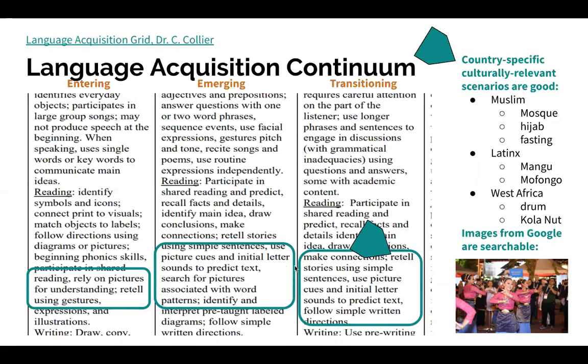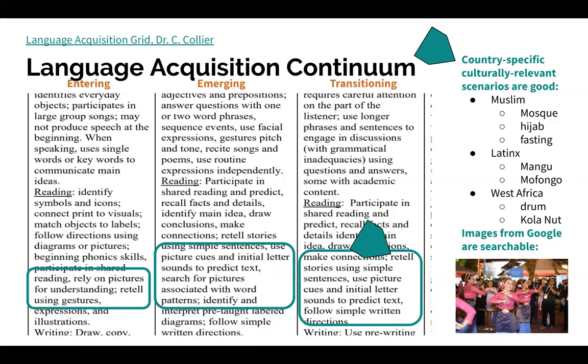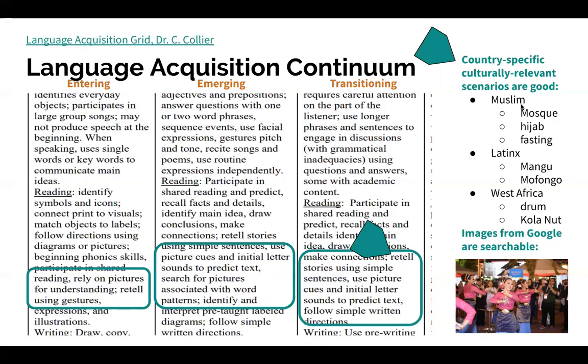And I also want to emphasize that here, the retelling in the transitioning level of stories is a very good way for them to recall what they've heard and what they've read. But make sure that you don't force them to do very complicated sentences, because their capacity is just within the simple sentence range. I would also talk about more country-specific and culturally relevant scenarios that include maybe artifacts and things